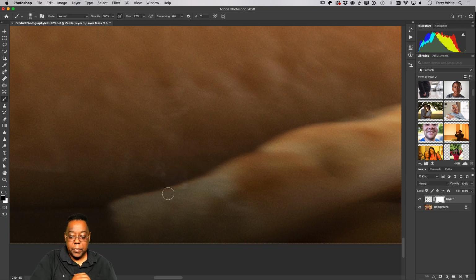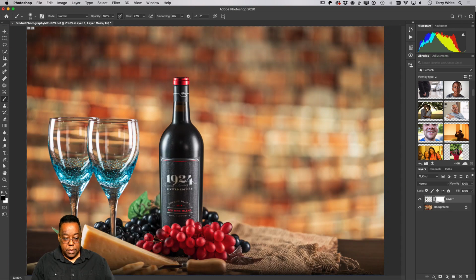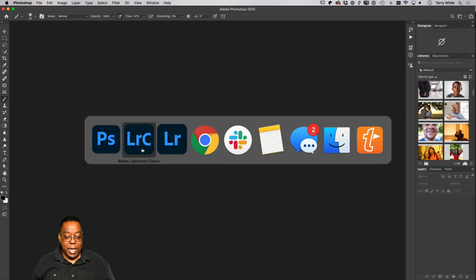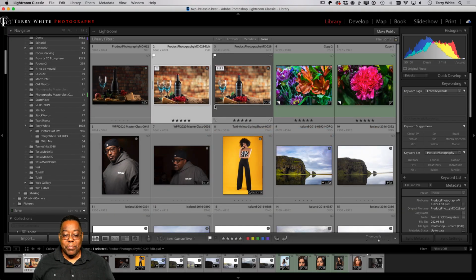All right. There we go. Okay, so now when I save this, it's saving out a PSD because that's what it's got, layers, so it's going to save a PSD. And now when I close it and head back to Lightroom Classic or Lightroom, it's going to put it right